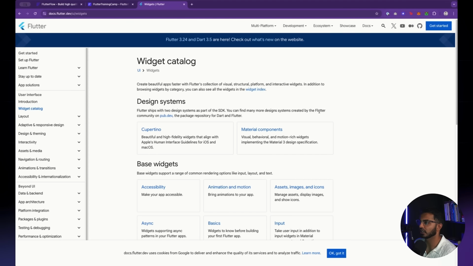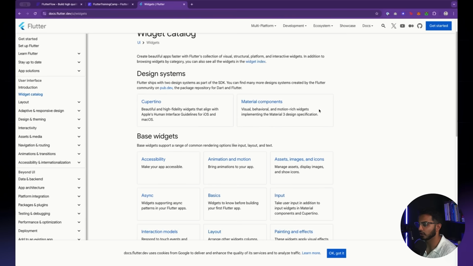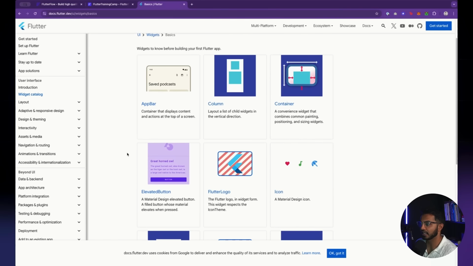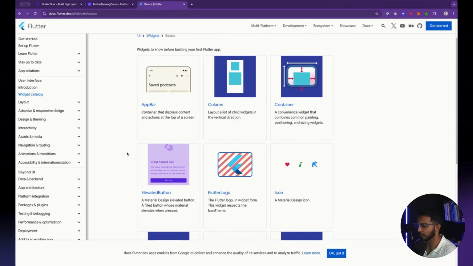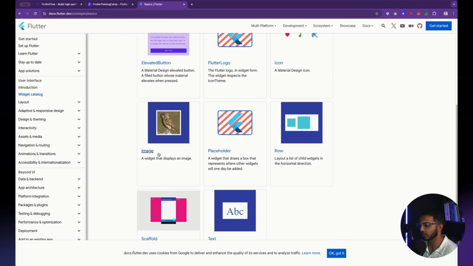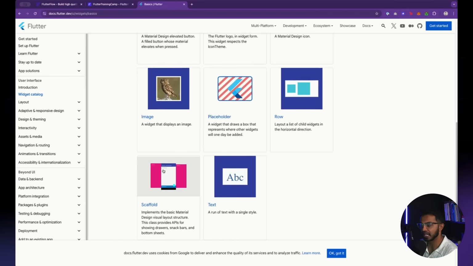So here in the Flutter documentation, we're looking at what widgets are. First, I'm going to tap on widget basics. These are all of the widgets that you'll find inside of FlutterFlow as well. We have many types of widgets. We have layout widgets, which are used to organize how content is laid out. So we use columns to lay out content from top to bottom. We use rows to lay out content from left to right. We have icons, images, rows, text, etc.